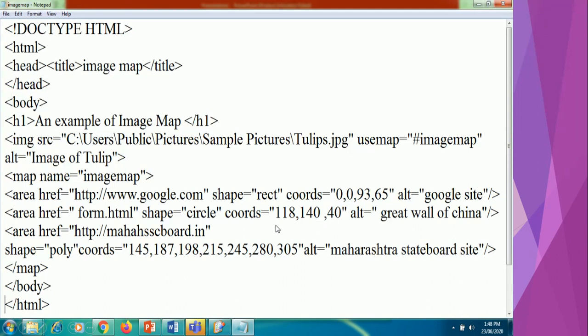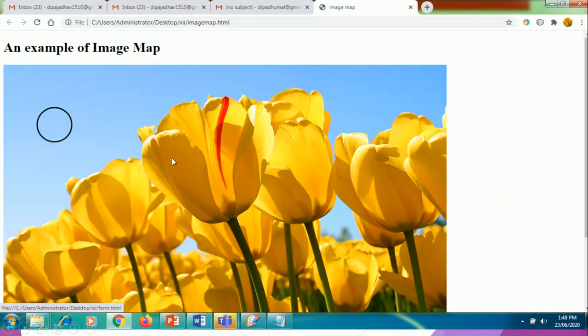In this region, it indicates a circle and alternate text Great Wall of China. Okay. See, this is the output of our code. Here I am using an image, okay, tulips, and whenever the user clicks on this circle, it will display form.html on the screen.